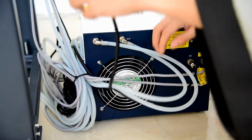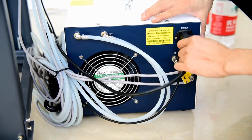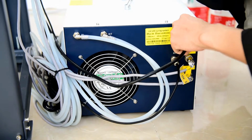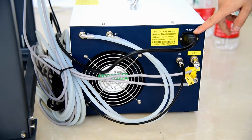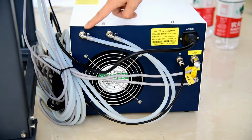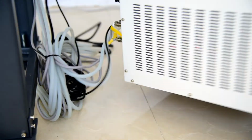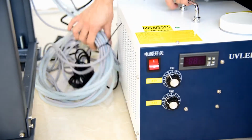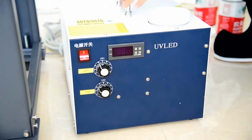And then we connect the general power port to the box. Okay, like this way. General power, UV1, UV2, signal cable, water in, water back. Then we start to open the box, the top cover,